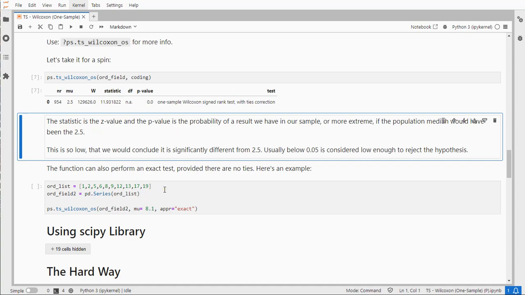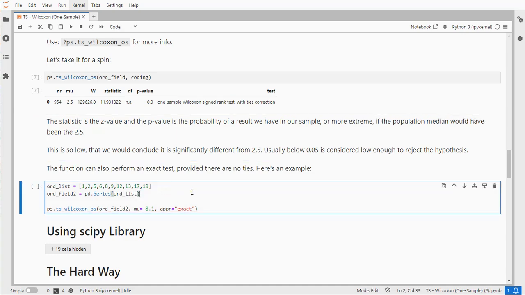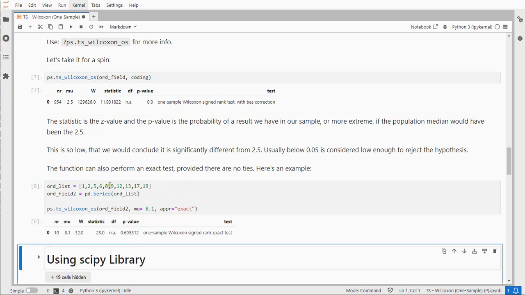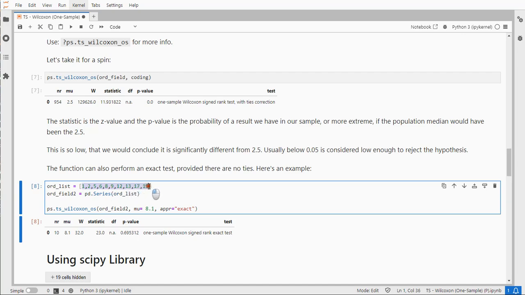It can also use an exact test, provided there are no ties. So for example, I have a small list here, and there are no ties, so it's done actually an exact test, and it then has just a p-value of 0.69. So in this case, we would not reject the null hypothesis. So that median could still be 8.1. There's insufficient evidence to